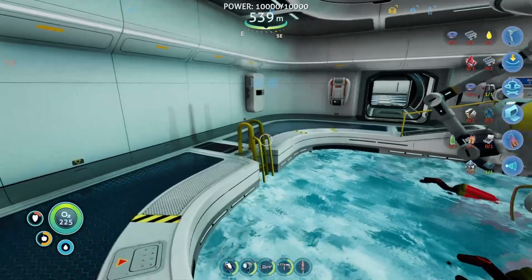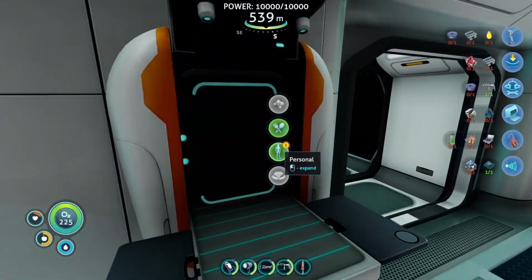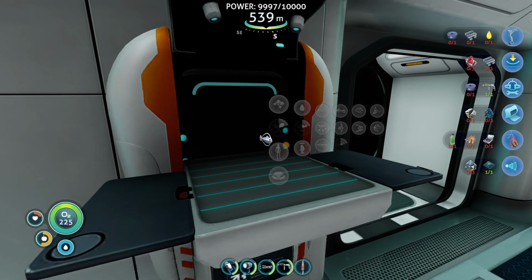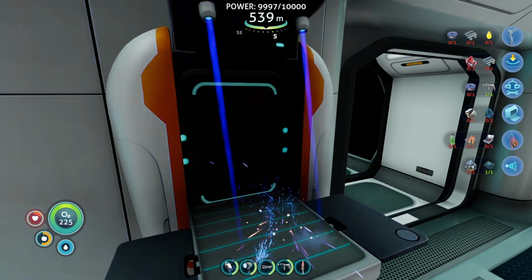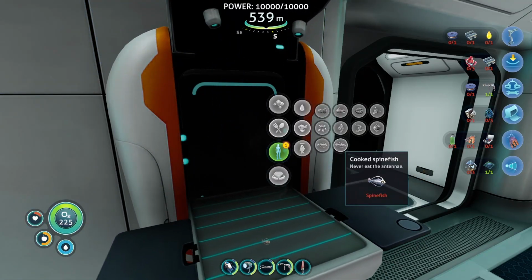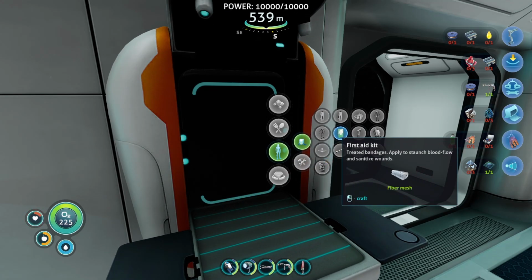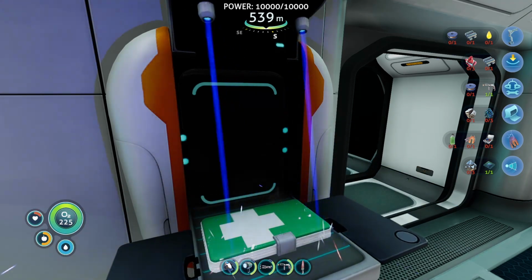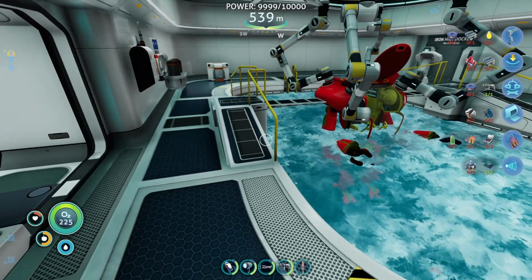Oh yeah, fabricators on that side. Gonna have to get used to coming in and out of here as well. Looks like they are edible. Oh, we have a fiber mesh on us still, so we can craft a health kit. Just means I'll have to make another fiber mesh later for the fabricator, but